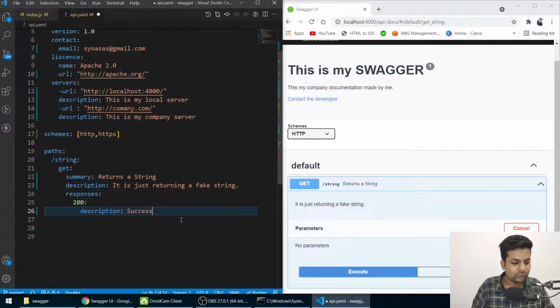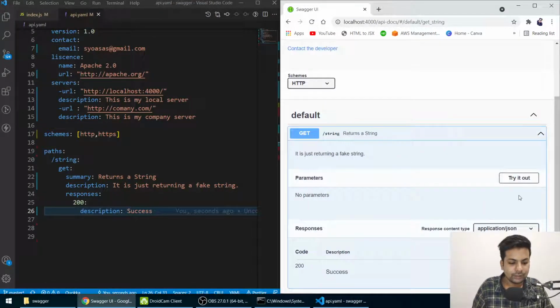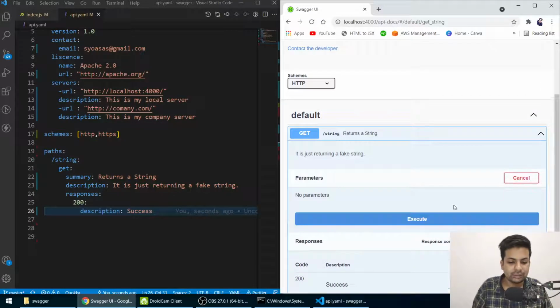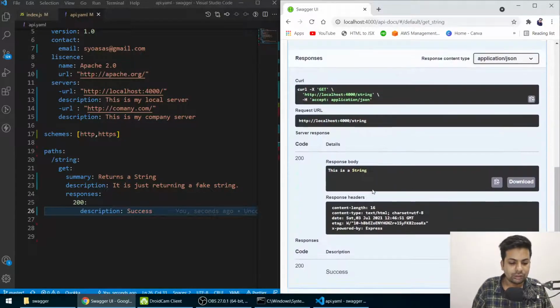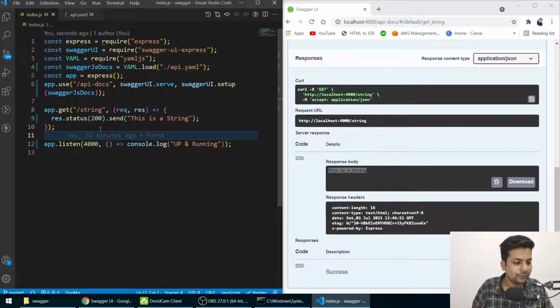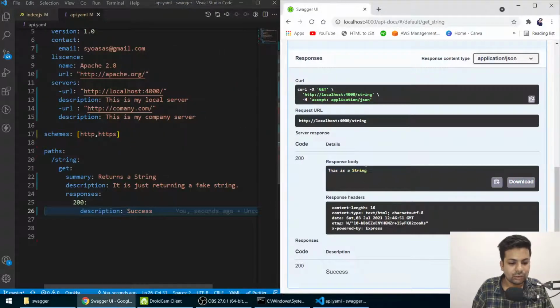Okay, so if I just save it and reload this, if I try it out, so it's showing you, see, now code 200 return success, matlab like you have successfully done. So if I do execute, so now this is a string, this response body. So you can see this is a string. So now we got a response body, this is a string, and you can see the URL slash string and it's 200.